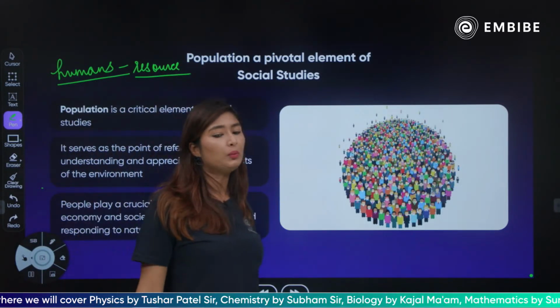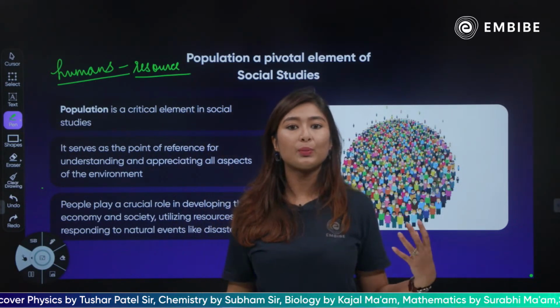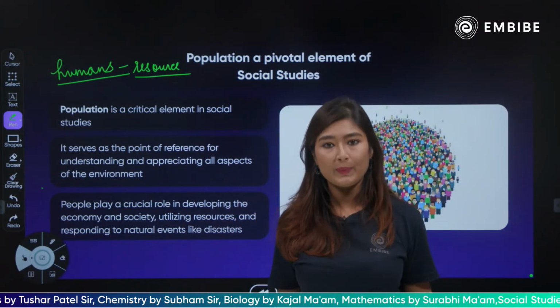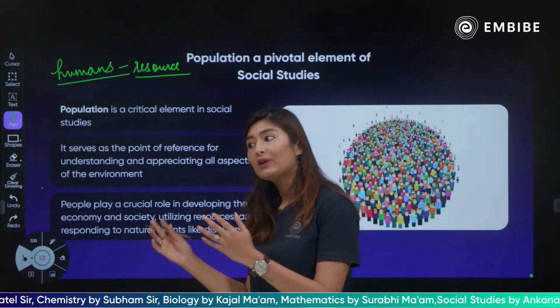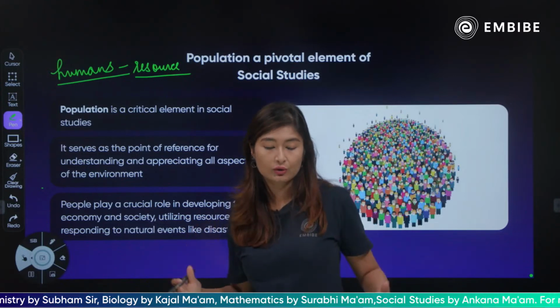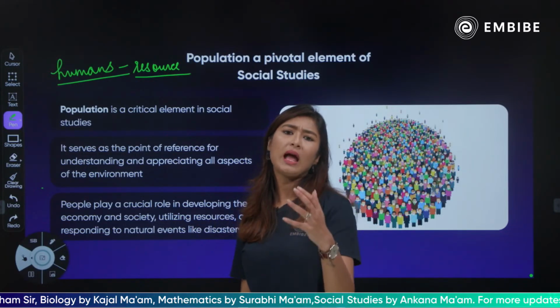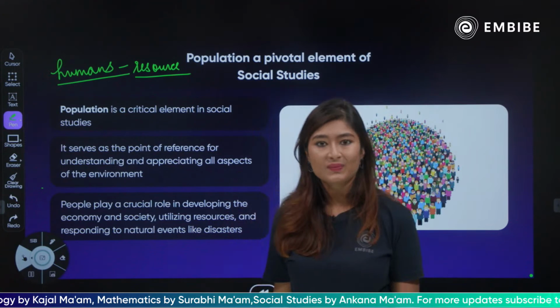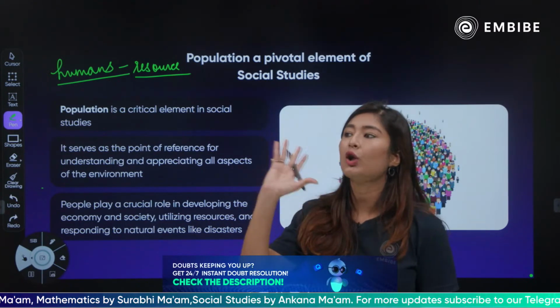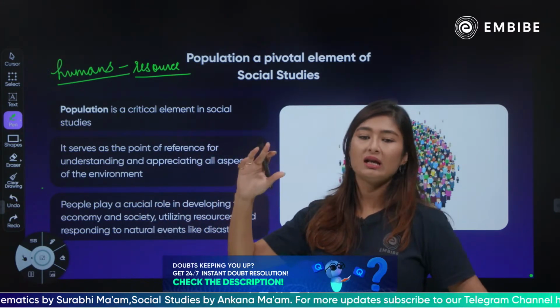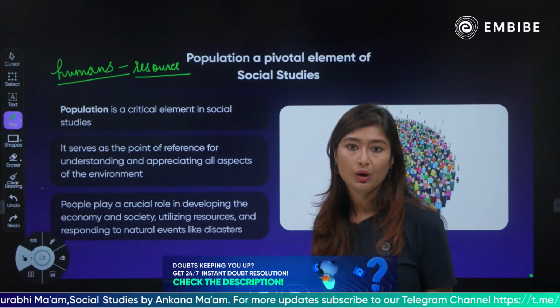Now, when you think of the world, we look at the world as a developed place, as an evolved place. हम दुनिया को जब देखते हैं, हमको लगता है अरे डेवलपमेंट हो गई है, evolvement हो गई, evolution हो गया. How has that happened? It has happened only with humans, right? Without humans, you cannot imagine the world. लोगों के बिना, इंसानों के बिना आप दुनिया imagine नहीं कर सकते हो.